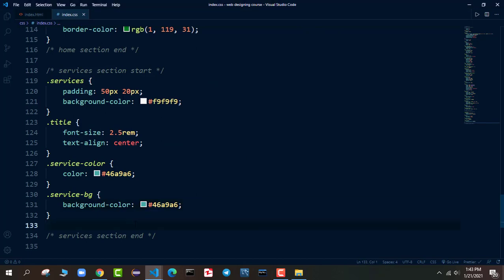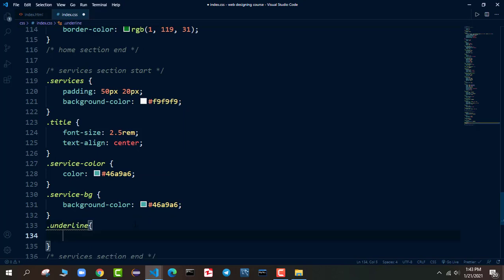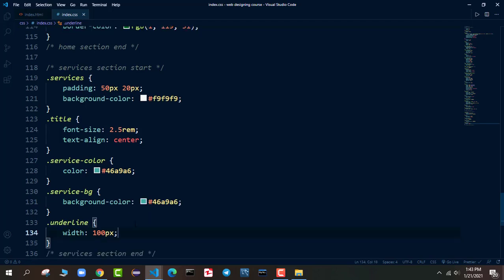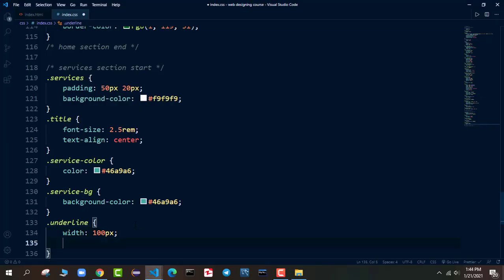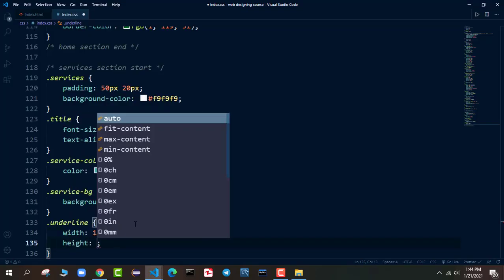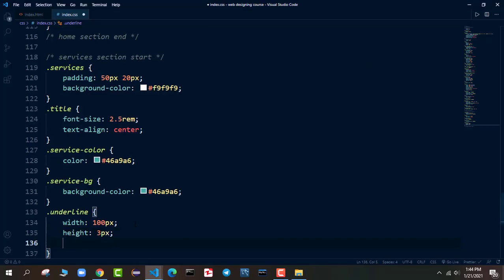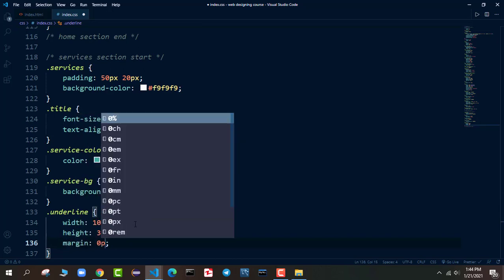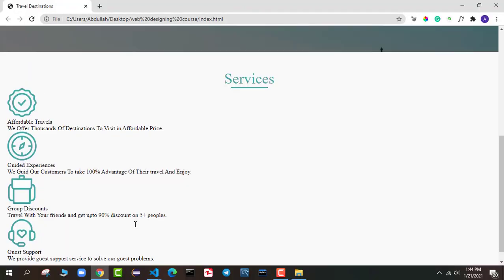Let's go there and apply an underline class. So I will say dot underline. So this will be the underline. So let's create just a simple width. So we'll say underline width will be 100 pixel, and if I go, you will not see anything, but when I apply the height to this one, you will see the magic. So I will say height is 3 pixel. If I go back, you can see we got an underline. Okay, to make it horizontally center, you will say margin. Top bottom we want 0, but for the left right, as you know, it will reserve the full width. You can say auto, so it will automatically go to the center. That's all that we need to do.